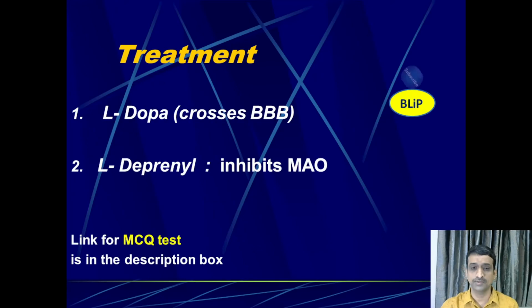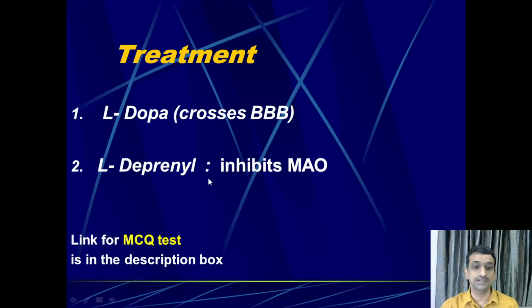One slide on management we'll see. So we'll start with levodopa, because if you give dopa, it can't cross the blood-brain barrier and it will have many peripheral side effects. To avoid that, we'll give levodopa that will cross the blood-brain barrier, and dopamine is released in the brain where it is necessary, in the limbic system as well as in the basal ganglia, so that all the symptoms can be relieved, especially rigidity and akinesia can be relieved immediately.